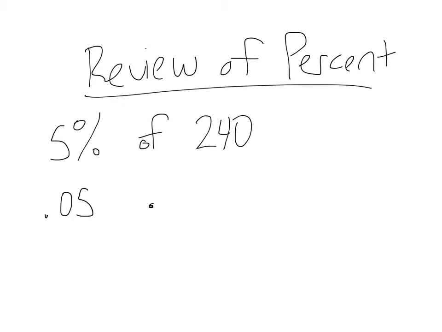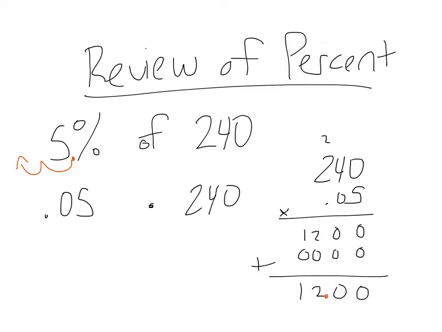And if you forget how to get there, remember the decimal in 5% is technically invisible, and it's right there. And to take it from a percent to just a true number or a decimal, we're going to move the decimal 2 spaces to the left. Okay, and that's how we get 0.05. And then you take 0.05 times 240. And when you do that, you should get an answer of 12.